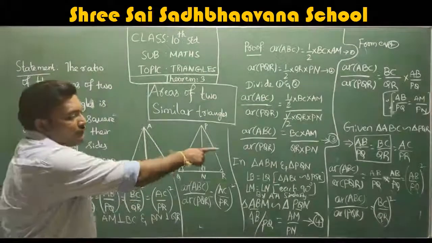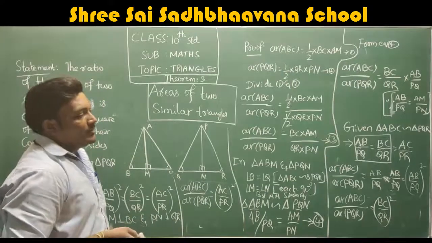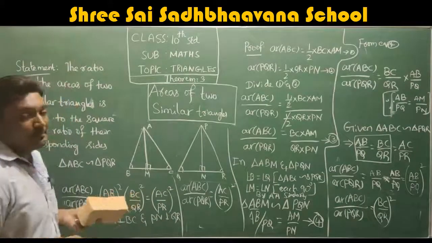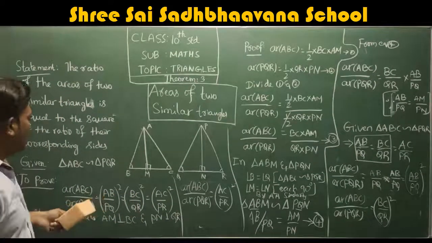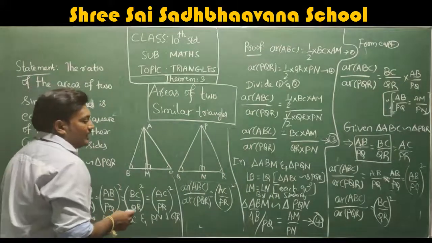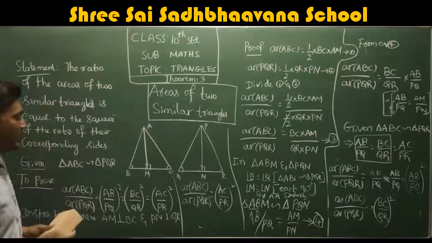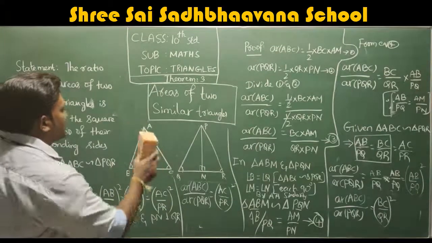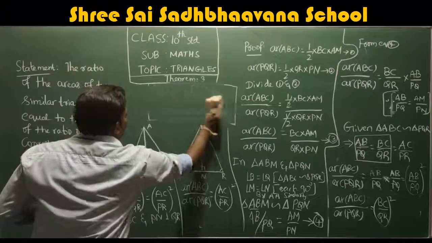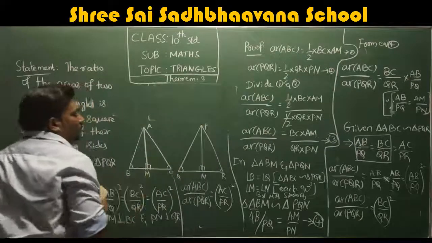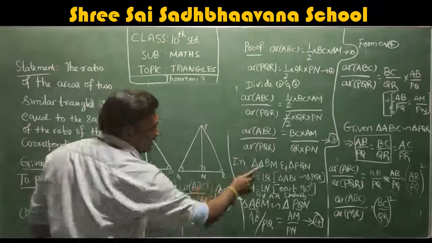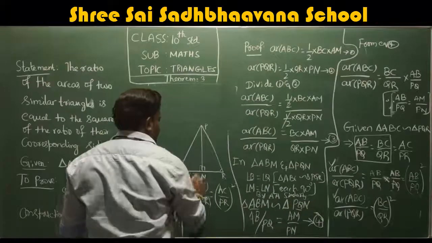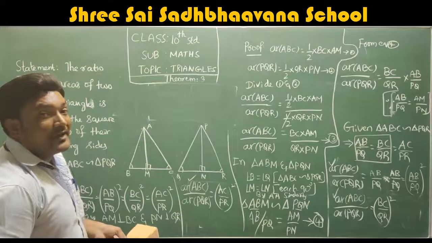So look at this. First one, area of triangle ABC by PQR. Second case, everywhere you can observe the LHS is the same. Correct? The LHS is the same. So can you write like this? You don't have place here, so I'll just remove this part so that I can write here. In all three cases, we have area of triangle ABC by PQR, here also, and here also. All three cases have the same LHS.